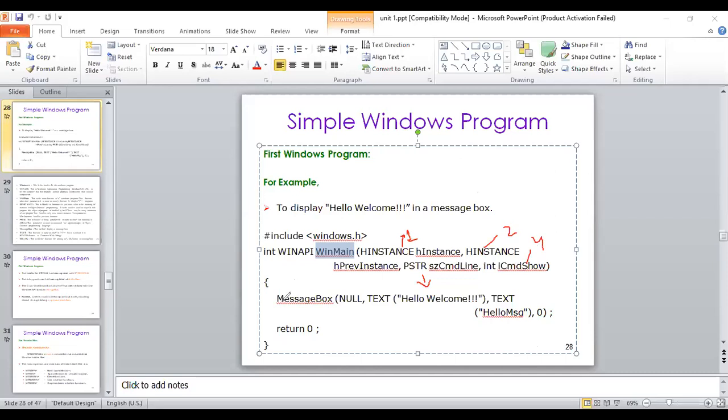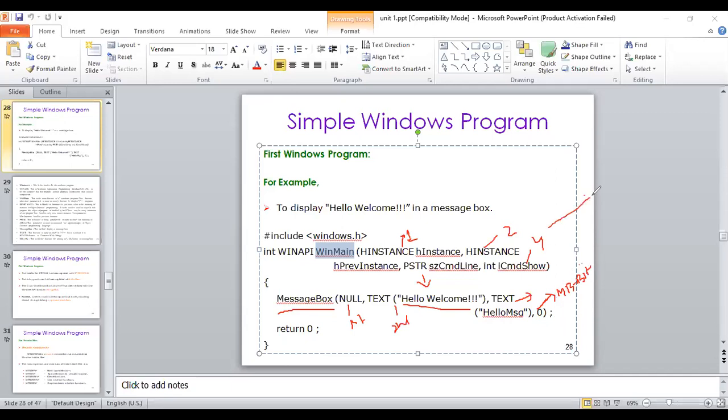The next is your MessageBox. Here the MessageBox again has different parameters, like NULL. Then the first text is for printing the heading of the dialog box. The second text is used for printing the message in the window, where we are printing the hello message. Now these are known as MB bits, which display the button just below the window. Like 0 represents your OK button inside the window.